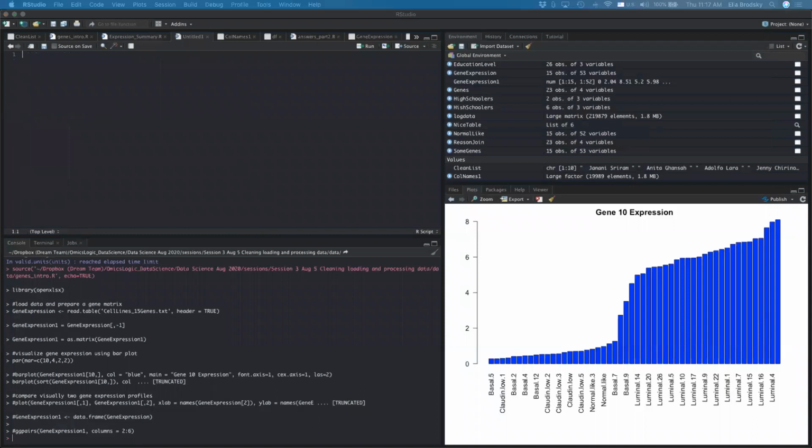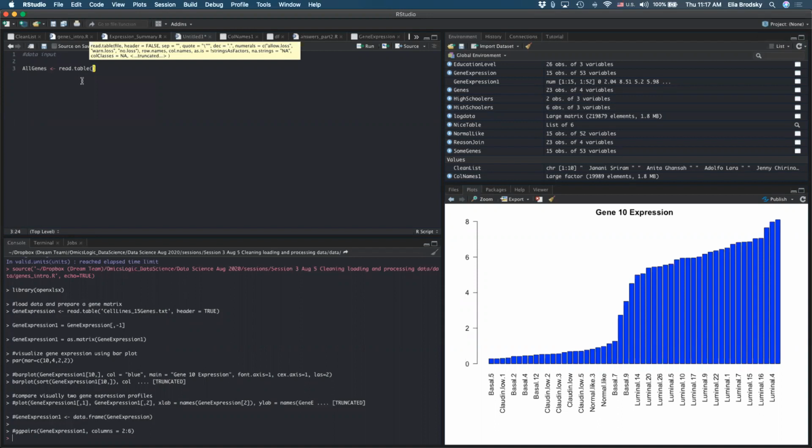The first thing that we want to do is load in our data. How do we load in our data? Let's start like this. Let's take all of our genes and say read table.